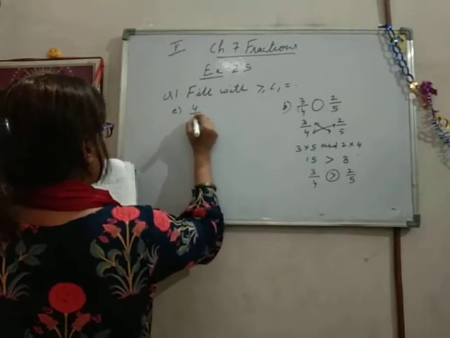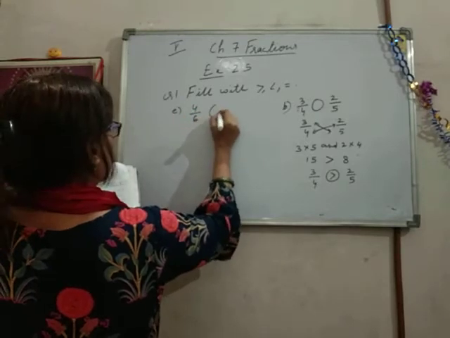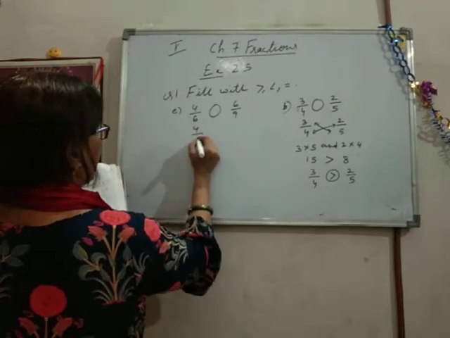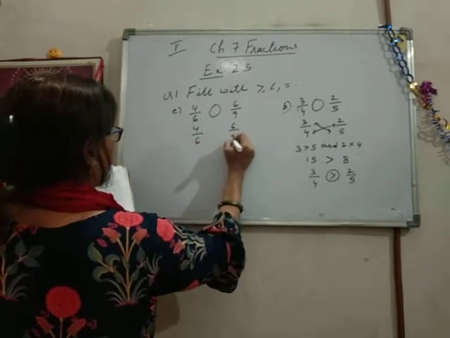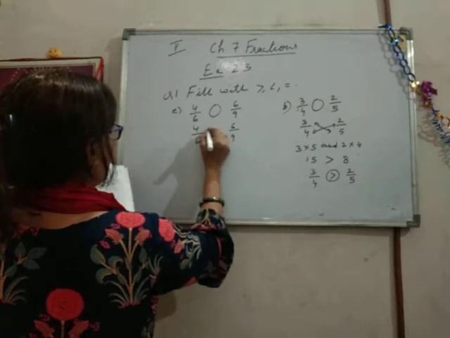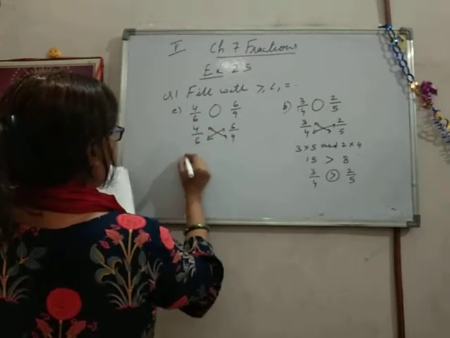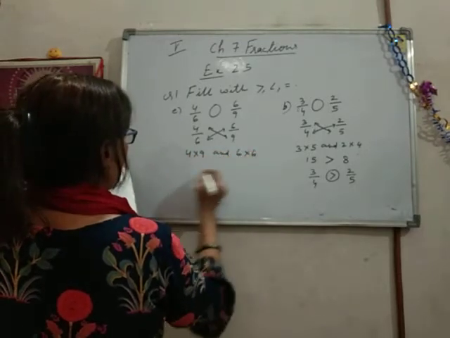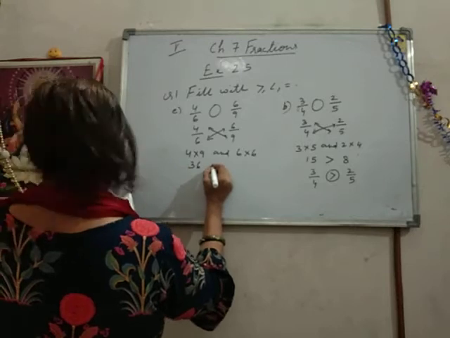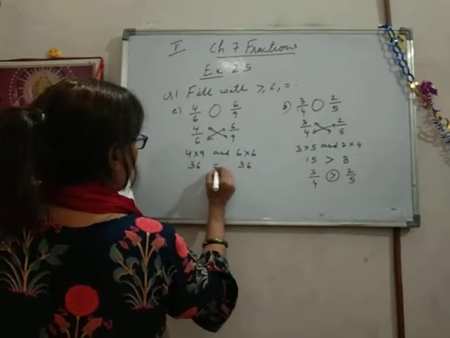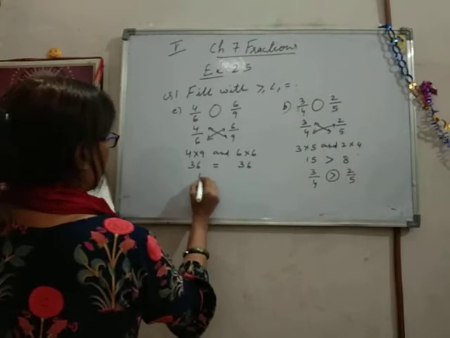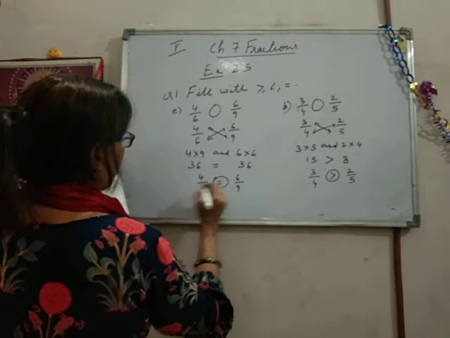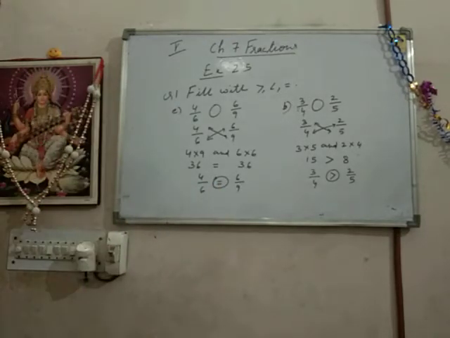E number: 4 upon 6. Next is 6 upon 9. Again the same method. First we note down the fraction like this, and we put the arrow in this way to solve the cross multiplication. 4 multiplied by 9 and 6 multiplied by... what are we saying here? We are getting the same answer. So we put here the equal to sign. We note down the fractions like this and we put the equals sign. Clear students? Note it down.